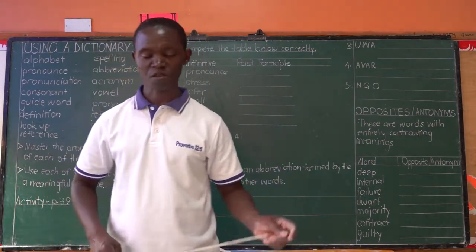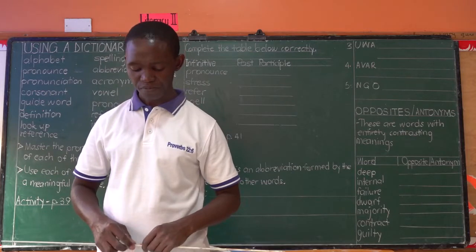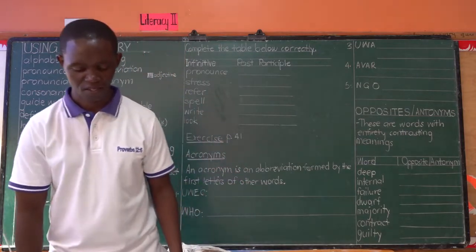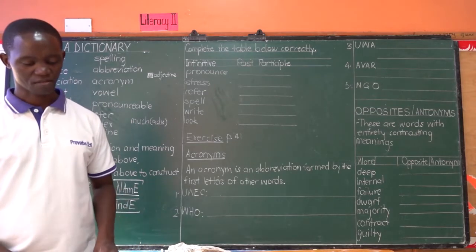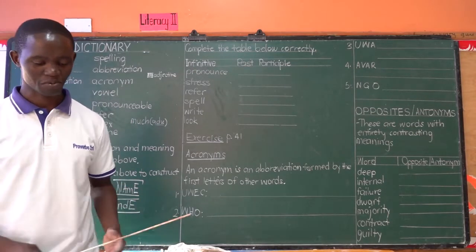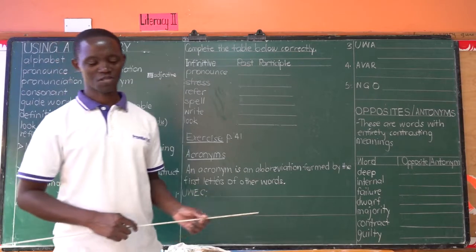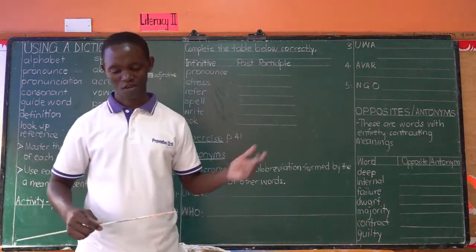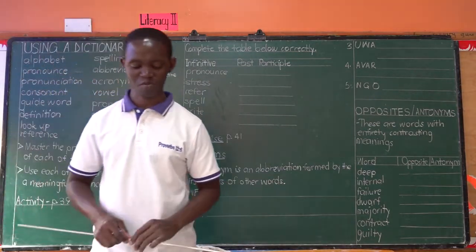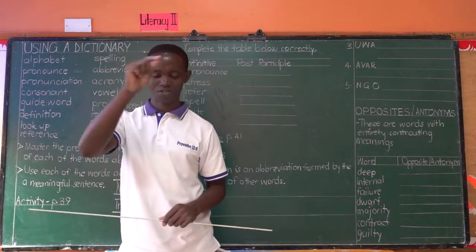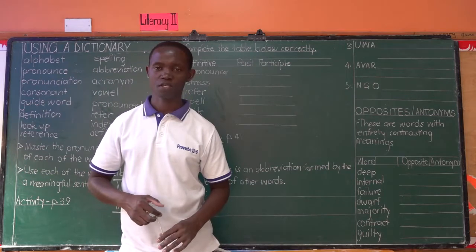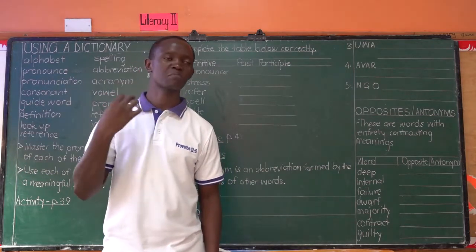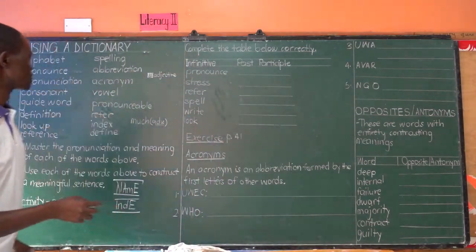Pause. We see symbols that are used in the dictionary on page 39. Page 39 shows you symbols that are used in the dictionary. How do I say symbols? I can't show them to you on the camera. Okay, good enough, you have them in the workbook. The first symbol, which is like a snake or a crooked dash, is used to replace the head word. In other words, the word that's being defined. An example is here,